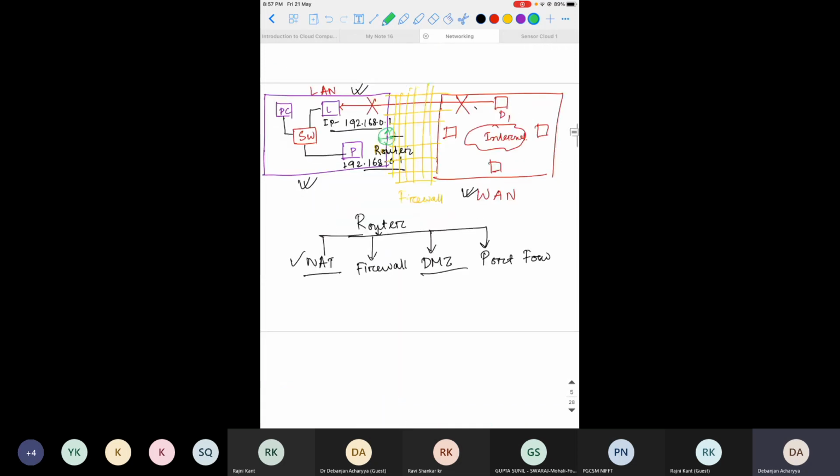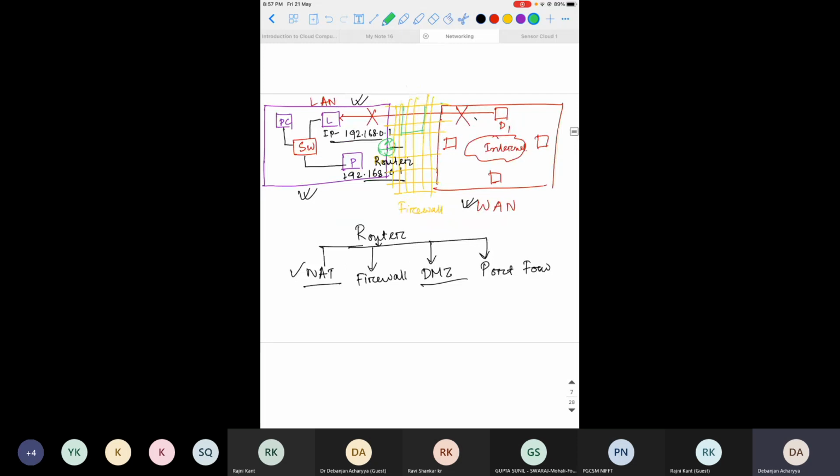Similarly, in the firewall there is a DMZ, or demilitarized zone, which is a subnet that contains and exposes a device to untrusted networks, because all these devices in the internet are untrusted networks relative to this LAN network. Okay.